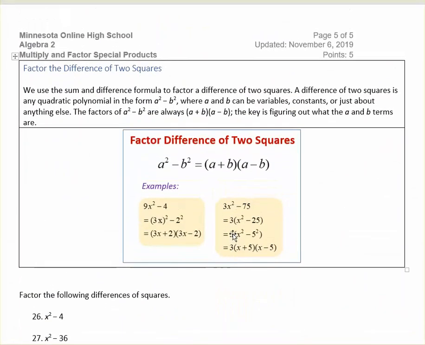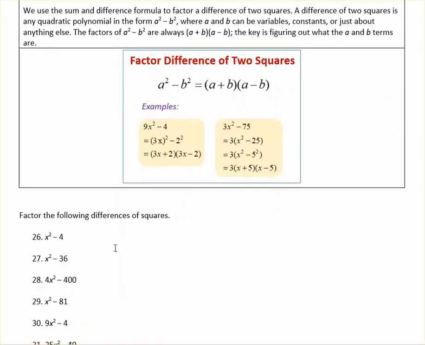One more thing to look at, and that is sometimes when you're doing a quadratic, it's not a trinomial. There's no middle term in this example. It's 9x squared minus 4. It's still a quadratic because we have an x squared term. It's not a trinomial. So you might go, I don't know how to factor this. You can factor it by our other methods if you add a middle term in, and your middle term would